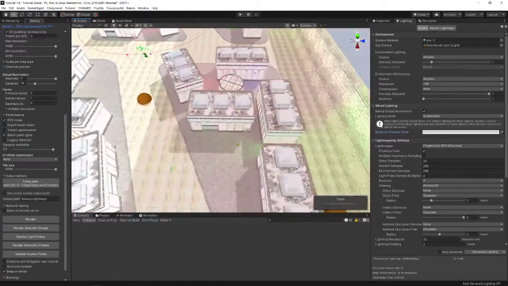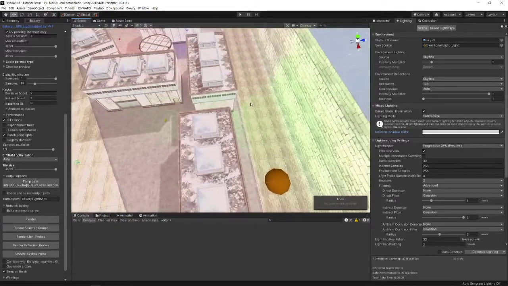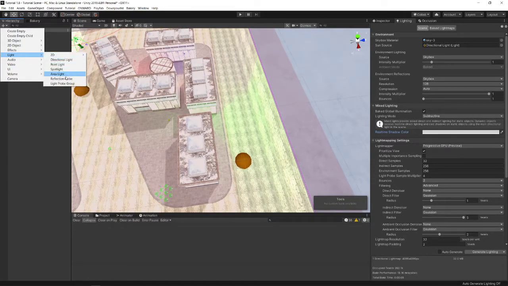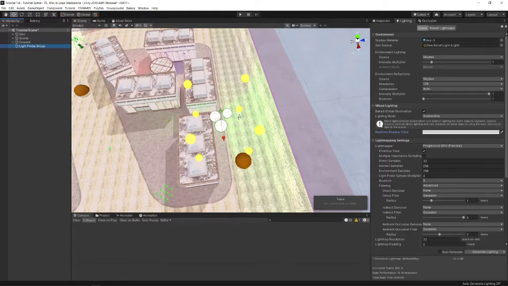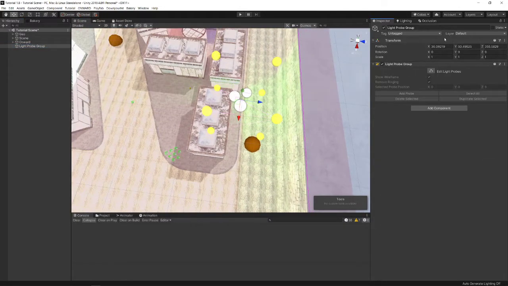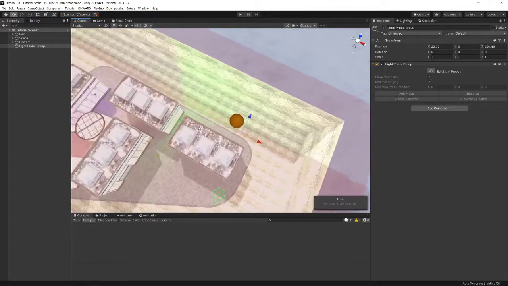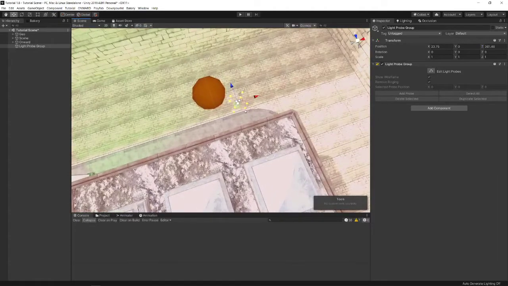Now, the last thing we're going to talk about before I would say you're ready to turn in your map is to come in and do a light probe group. Now, let's see, because we're working off 0. I'm not insane. I'm not working off 20 or something. That was identifier. There you go. All right. Now, see, there's variations in light here. For light probes, what you generally want to do,